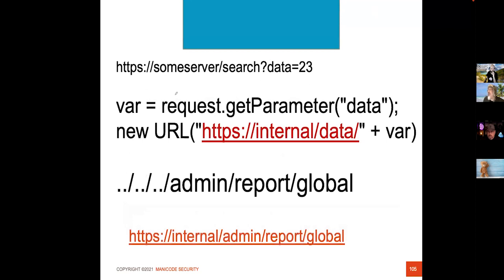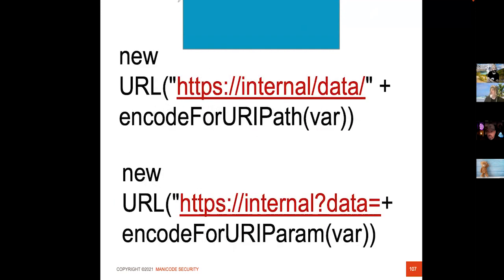So, charging on. I'm almost done, folks. What if you're taking this parameter and adding it to a URL that the server acts on for some end to your architecture? How do you guarantee that that variable cannot be hit with a path traversal? And the answer, I think, is do URL encoding. So if I'm building URLs that the server needs to go use to load a resource to another API, I just either path URL encode if it's a path fragment, or I do parameter URL encode if it's a parameter. Double encoding for the win.